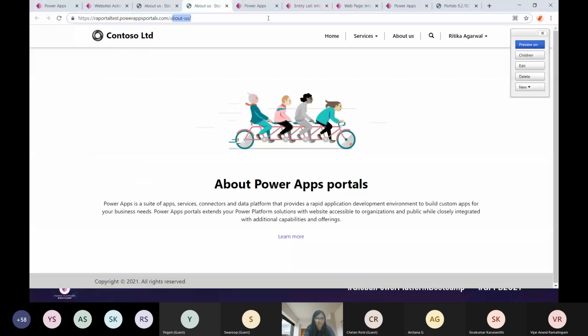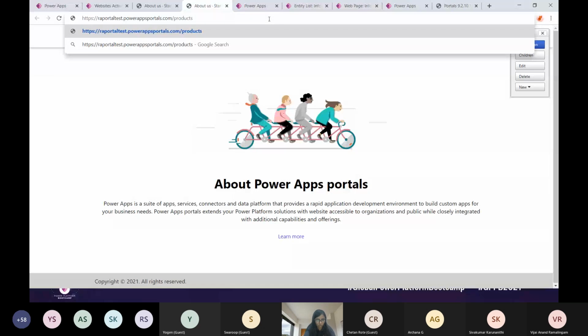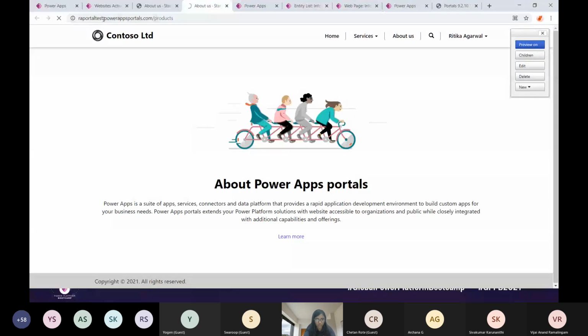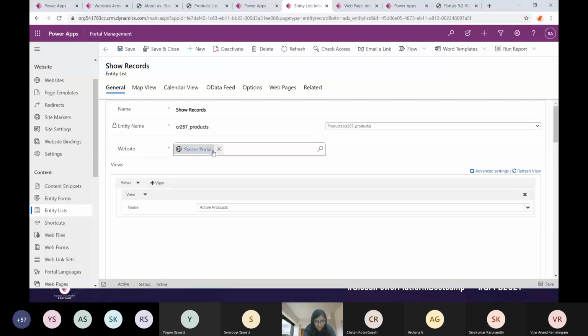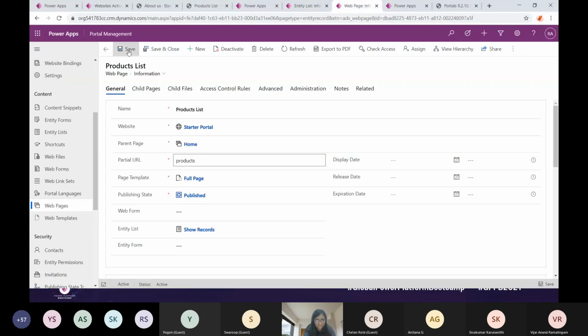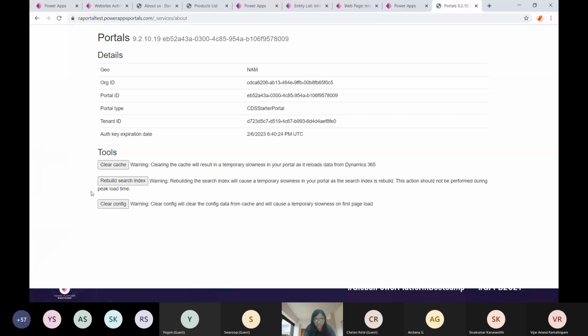My page is refreshed and I'll paste it here because home is the parent. So URL is going to be whatever your content is and then the product. So here it is not rendered just yet. Let me see if it was saved. Okay, it was not saved.